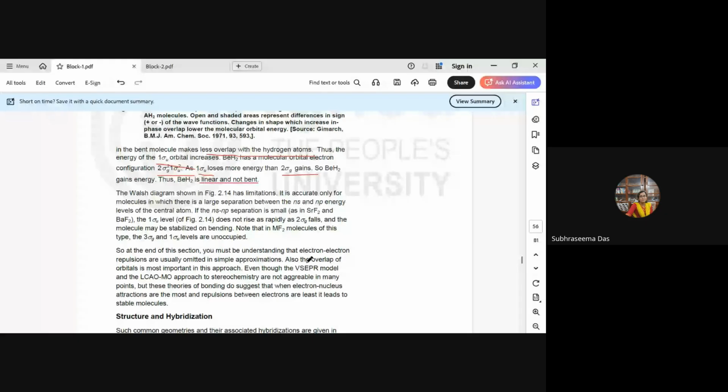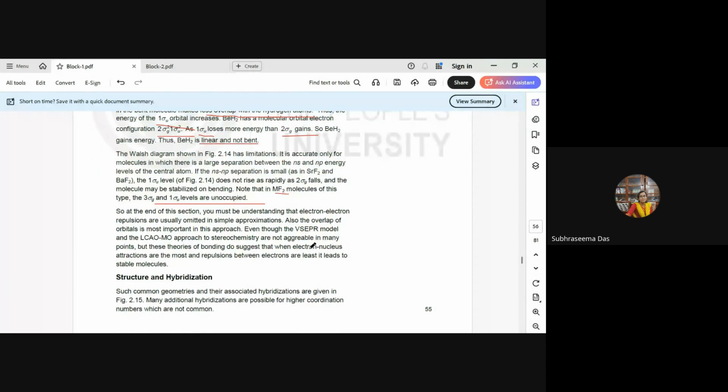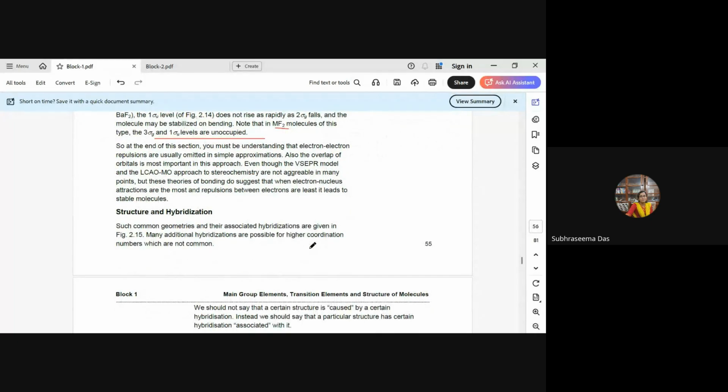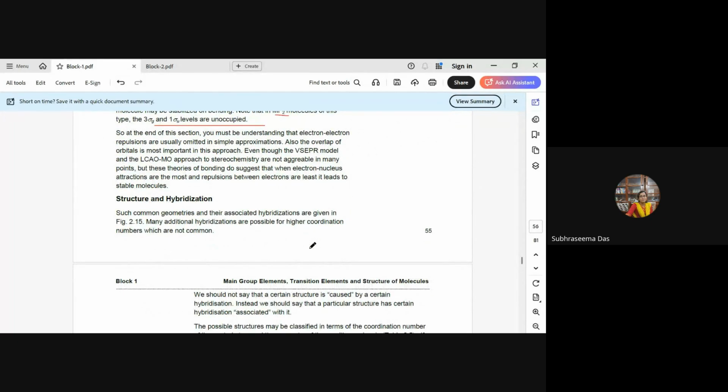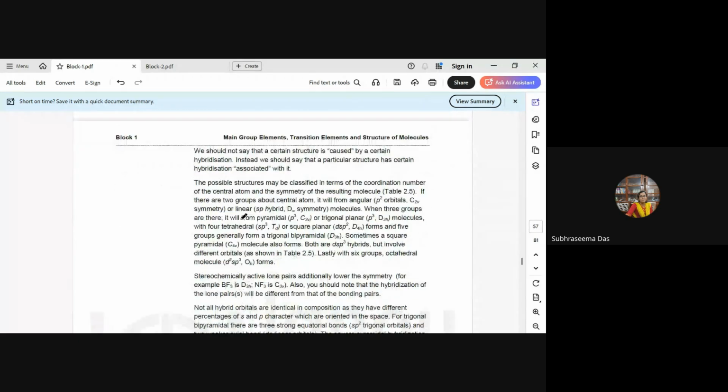So like in MF2 type of molecules, the 3σg and 1σu are unoccupied. Here we will look into the structure and hybridization of some selected molecules. Many hybridizations are not possible for higher coordination numbers. So the possible structures may be classified by the coordination number of the central atom and the symmetry of the